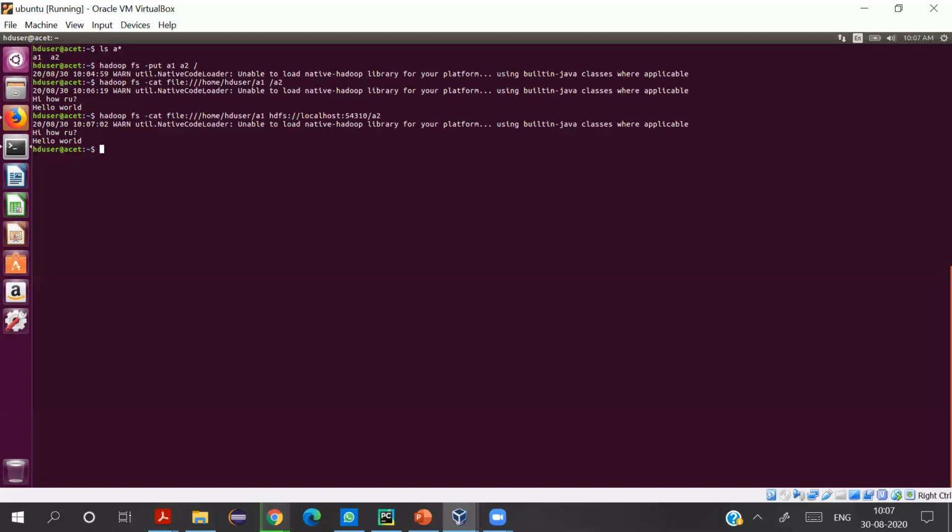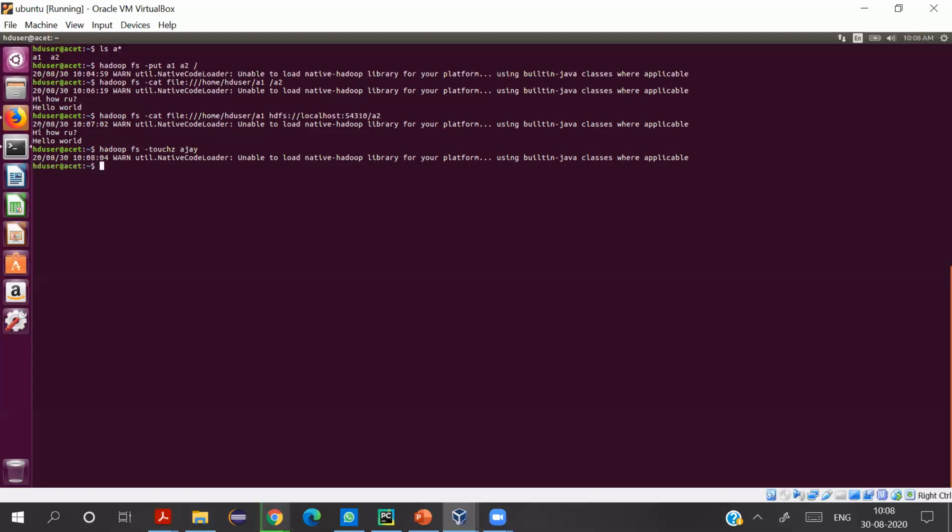Okay. Now let us suppose that I want to create a file in my distributed file system. In our local file system we use the cat command, but for the distributed file system we can create a zero length file there. So we can use something like this: hadoop fs -touchz, and say let's create a file, say Ajay. See, I'm not mentioning any path here. So where would this file Ajay be stored? It would be created in the default path of HDFS, that is, below the folder user/hduser. So this will create a zero length file.